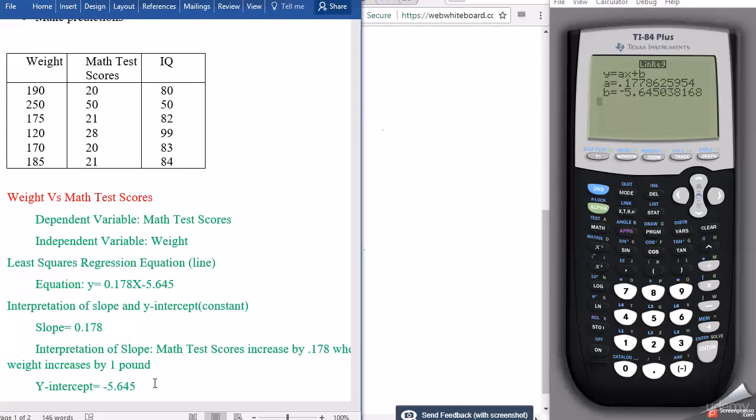So again, the y-intercept is telling us the value of the dependent variable when the independent variable is 0. In this particular case, it's trying to tell us the math test scores or the scores you get in your math test when weight is 0, but weight cannot be 0. Weight being 0 means that that person doesn't exist. Okay, so in this case it doesn't make any sense. All right, so